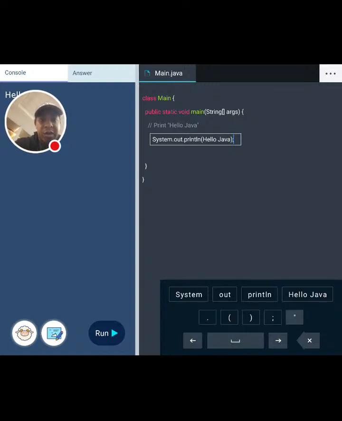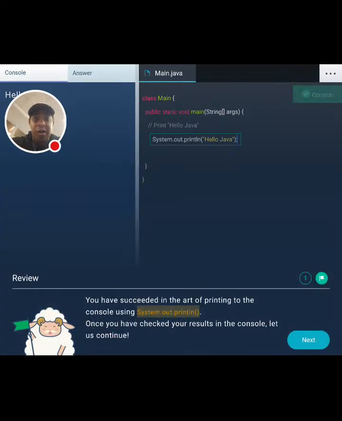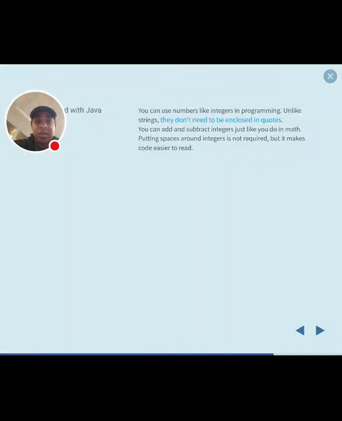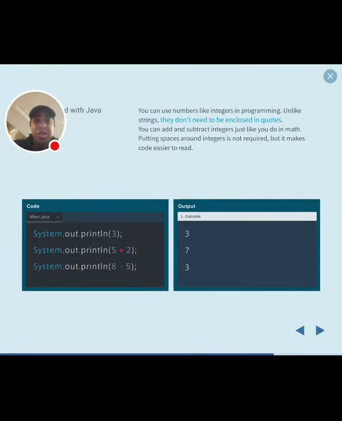Now, if something is wrong, like you see right here, there is something wrong with it. It won't finish. It's because I didn't put in parentheses. And when it's correct, the code will run. And you get that little green guy. If it's wrong, it just won't do anything. And they teach you again, next one by one.